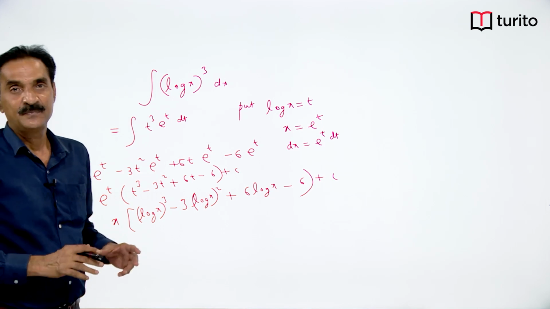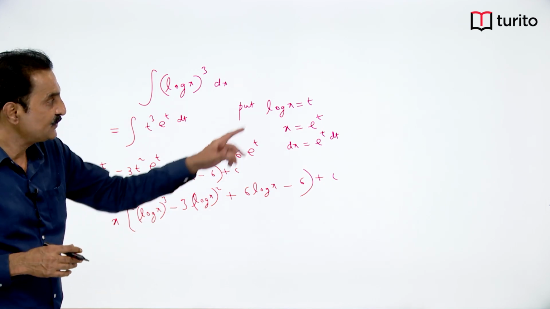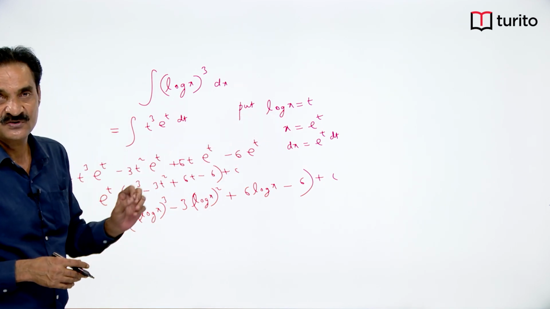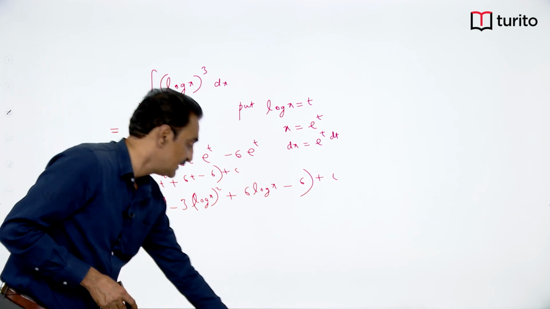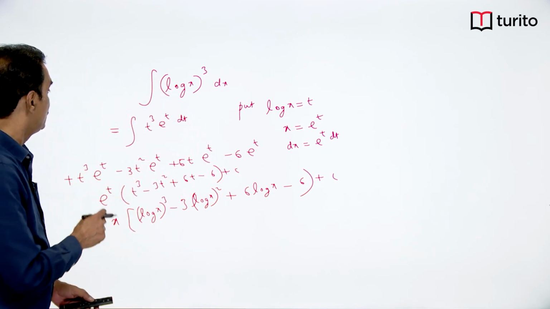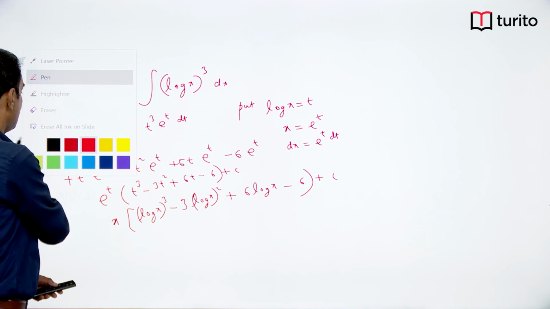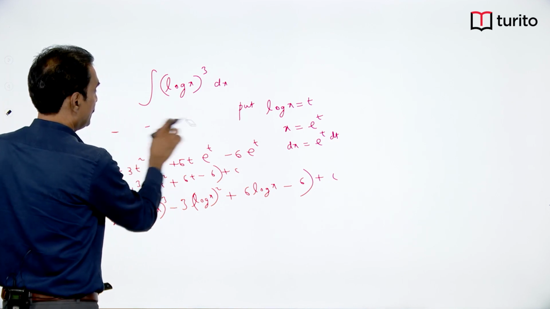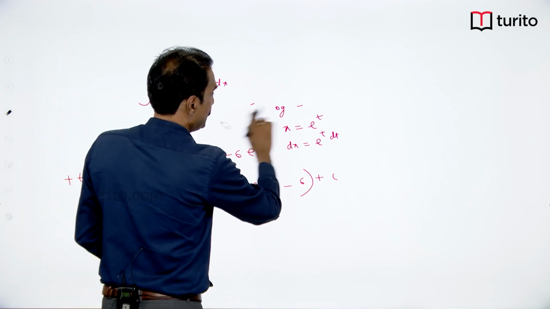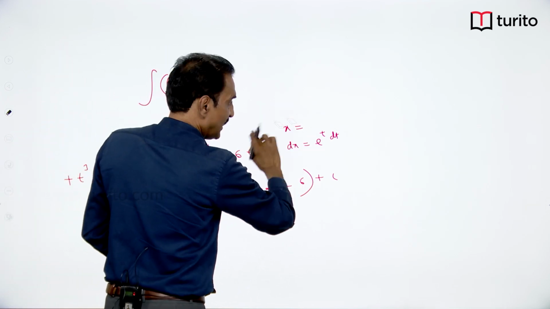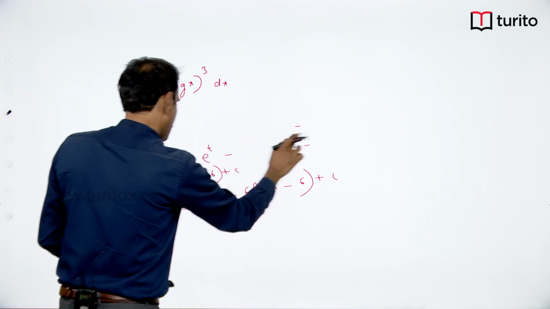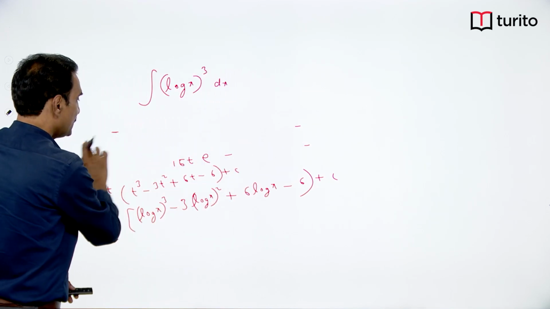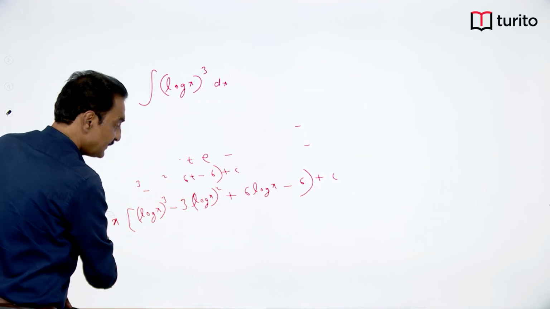This is the answer. We can also solve it by using the formula which we have discussed just now in the previous question, without substituting log x is equal to t and without integration by parts, we will be able to write the answer very quickly